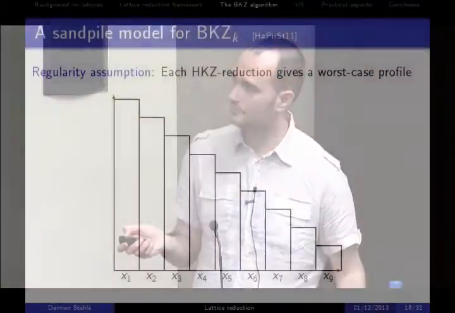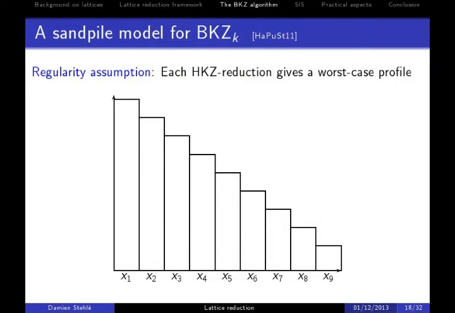Okay, so let's try to understand what BKZ does on the basis. Say I start with this shape of diagonal coefficients. The logarithms of the diagonal coefficients decrease linearly, so the diagonal coefficients themselves decrease exponentially. There is a constant factor between two consecutive diagonal coefficients. It's not an unreasonable assumption, because that's what we can get easily as a preprocessing. If you apply LLL, what you have in the end is a basis that looks like this. But we want to do better than just LLL.